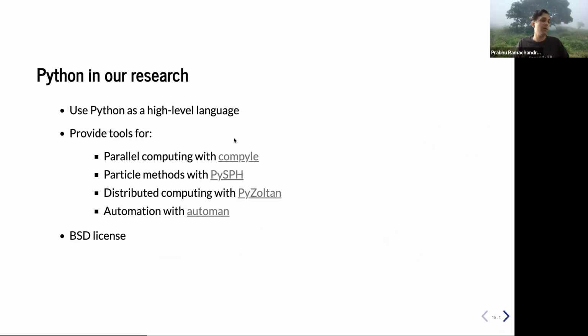So how does it play a role in our research? In my work, we basically use Python as a high-level language. It turns out that Python is very good to describe your particular algorithms or the problems that you're interested in at a very high level, and also be able to generate low level code. As a result, what we have found is that because Python is easy for users and students to pick up and start doing things usefully, if you allow them to write high level code that describes a specific problem, and then use that high level description to generate low level code that can actually run extremely fast, that's an extremely useful approach.